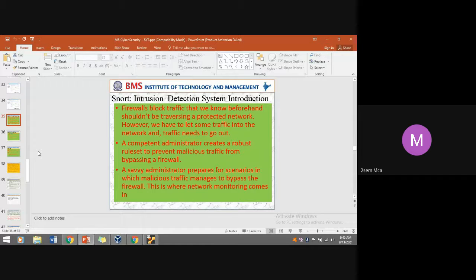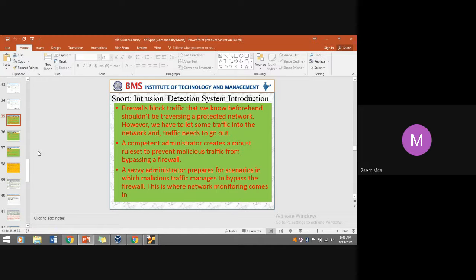In the case of firewalls, some tools are available to bypass the firewall controls. By bypassing the firewall, they are entering into the system.